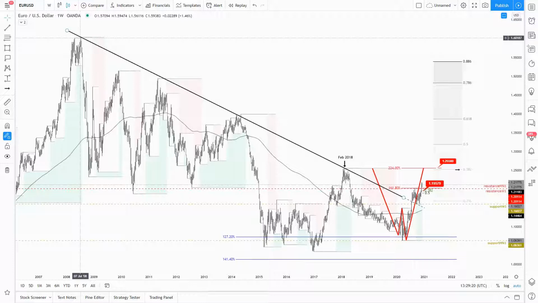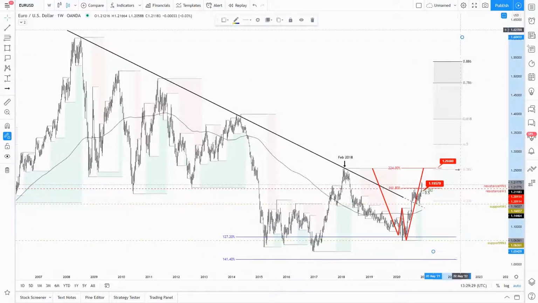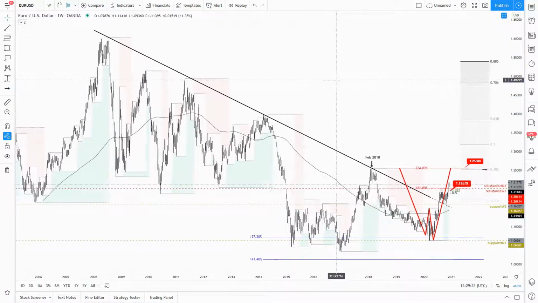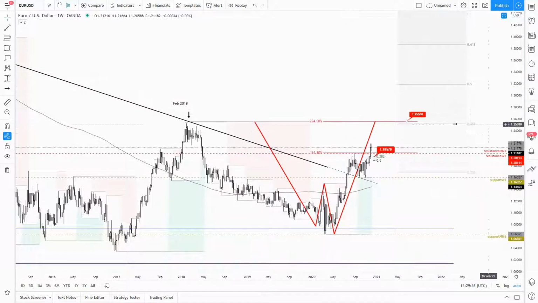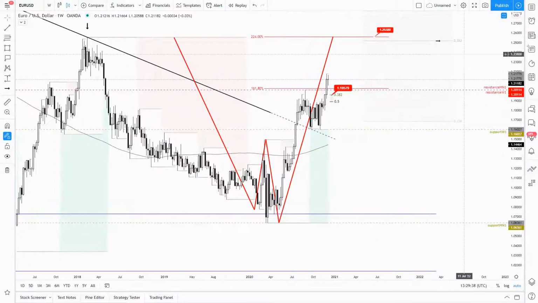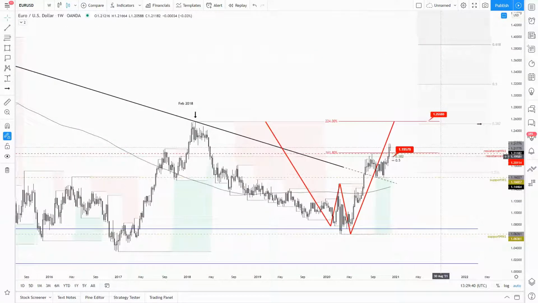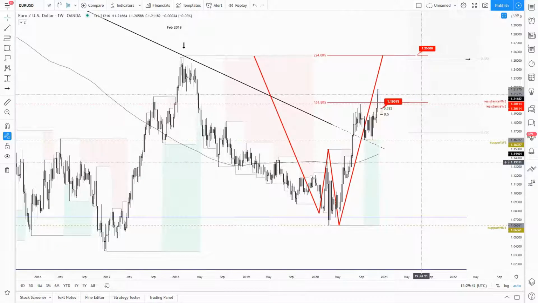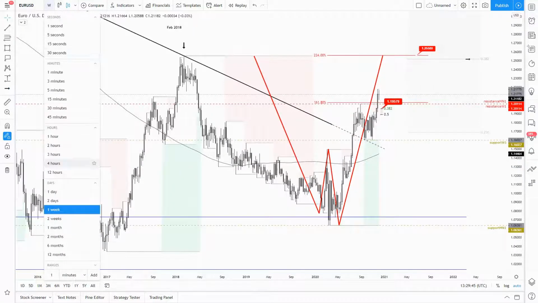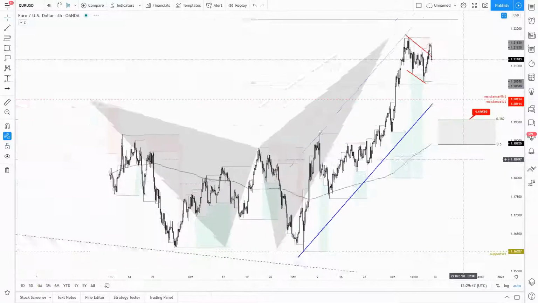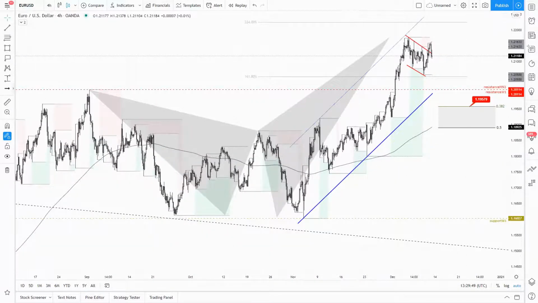June to July, actually, July 2008. So basically this is the 38% Fibonacci retracement from the previous structure highs to the most recent lows on a weekly chart. So I will not be surprised to see the euro versus dollar approaching those levels in a medium to long term. For now, I still believe there's at least the possibility for a retest of this monthly